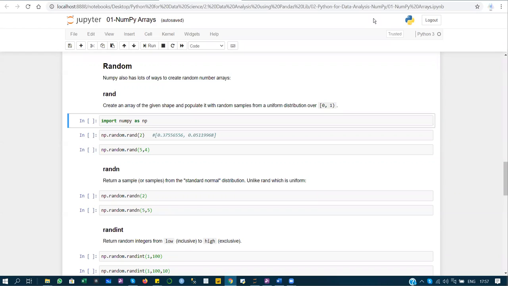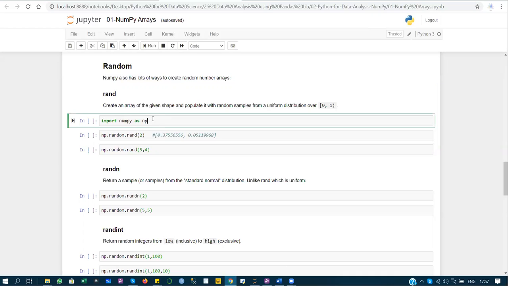Today I'm going to discuss how to create random arrays with the help of the NumPy library in Python. In my previous video we discussed what a vector, a matrix and an array are, how to create an array and a matrix, and how to create an identity matrix, a ones matrix and a zeros matrix. If you aren't aware of this, please take a look at my first video on the NumPy library. In this video, I'm going to cover how to create random values.